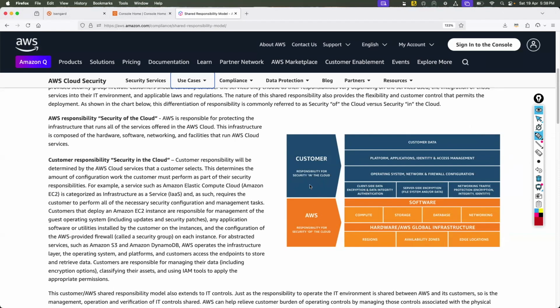So in and of the cloud, there is a big difference. What do we mean by that? Let's say in the blue, if the customer deploys their application, how will AWS know what sort of application your customer is deploying?